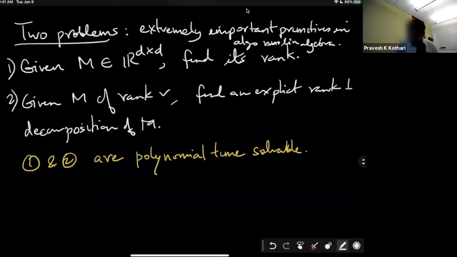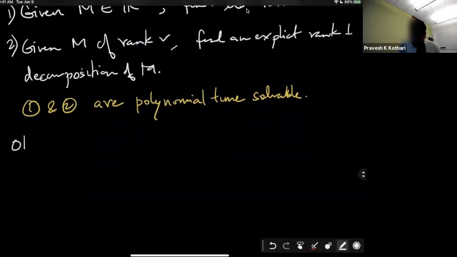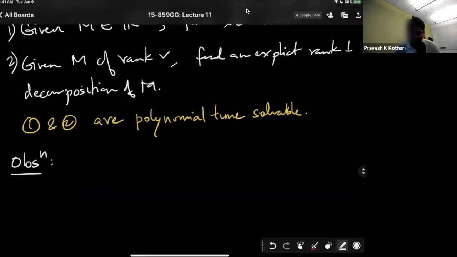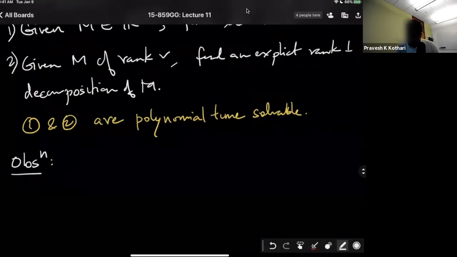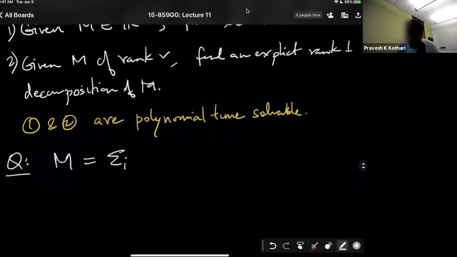While we are at that, let me ask another trivial question, and let me maybe state it as an observation, which I will write after you tell me the answer. So, given a matrix of rank R, let's say, okay. So maybe question. Suppose M is a matrix of rank R, meaning there are vectors